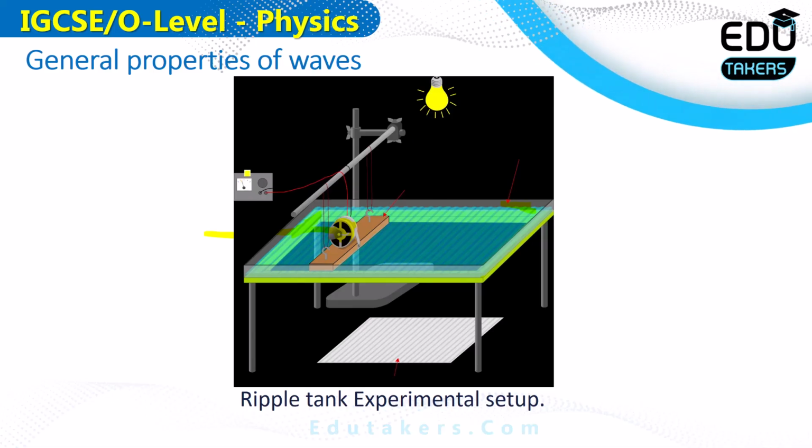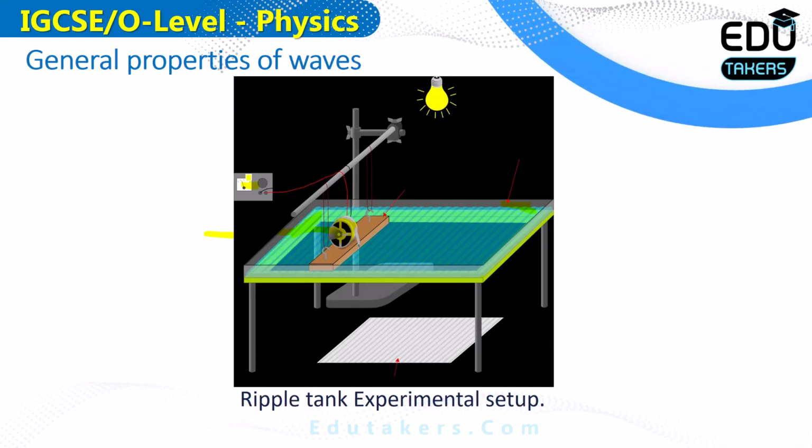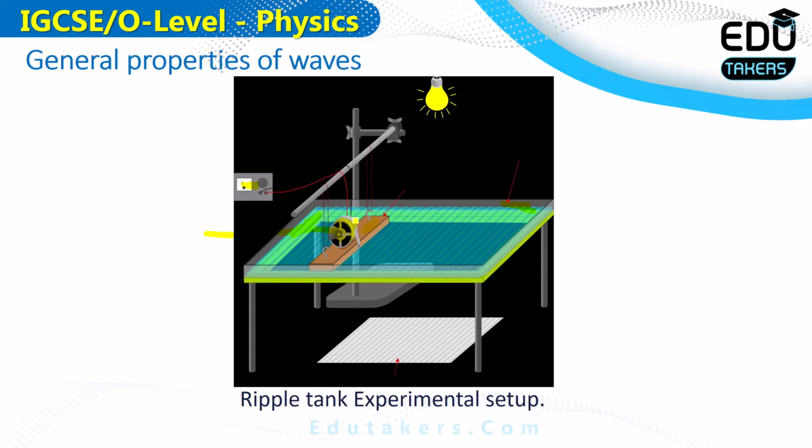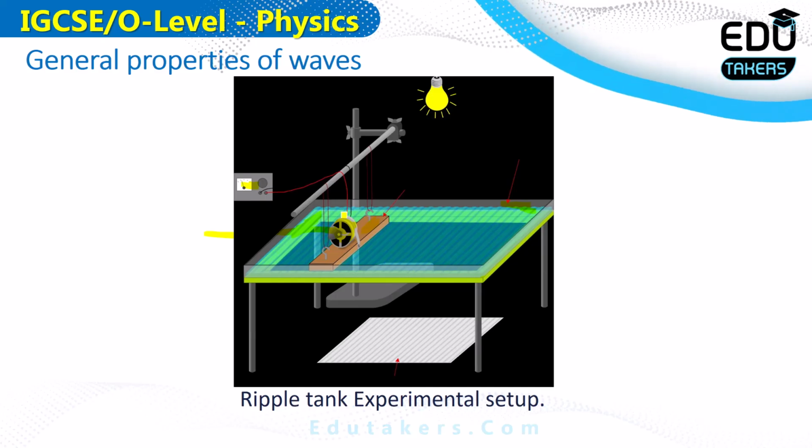You can see here is also the power supply. The vibrator consists of the electric motor which oscillates and it is mounted on the wooden plate. This plate is basically the wooden plate. The vibrator is mounted over the wooden plate and it consists of the electric motor, so that its lower surface just touches the surface of the water.